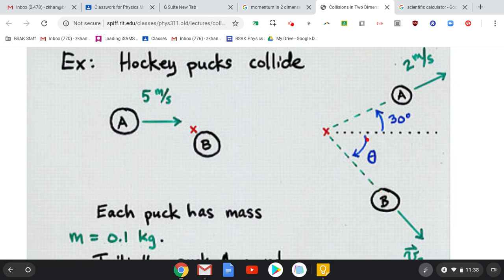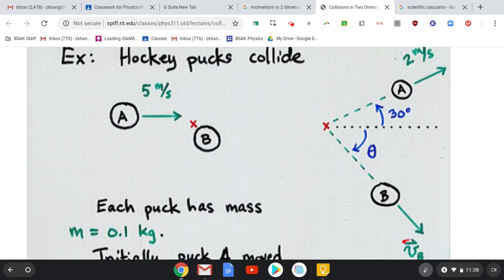Object B moves off at some angle theta and some velocity which we don't know. That there is vector notation, and that's the velocity of B. Now what we are going to do is find out what this angle is, what this velocity is, and figure out whether this collision is elastic or inelastic. So I'm going to move away from these notes and answer